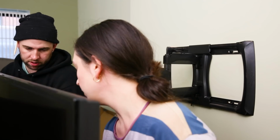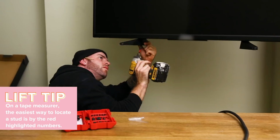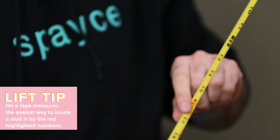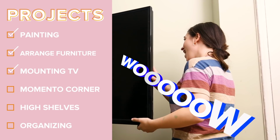So since we're here talking about hanging a lot of things and studs, an easy way to tell where a stud is is on any standard tape measure. They're highlighted every 16 inches by a red mark on the tape measure, and that's where your stud should be. So when trying to mount something or trying to not hit a stud, that is your easiest way to check that out. Wow. And then...